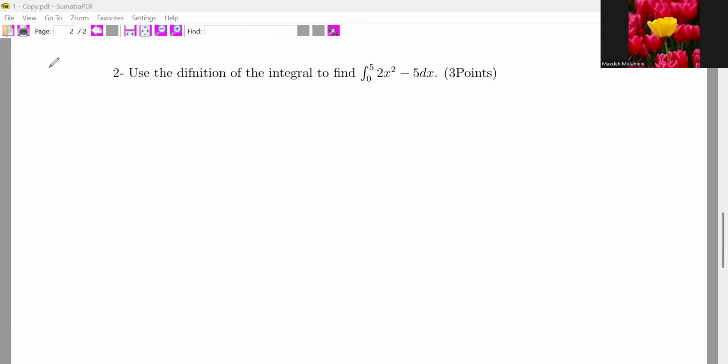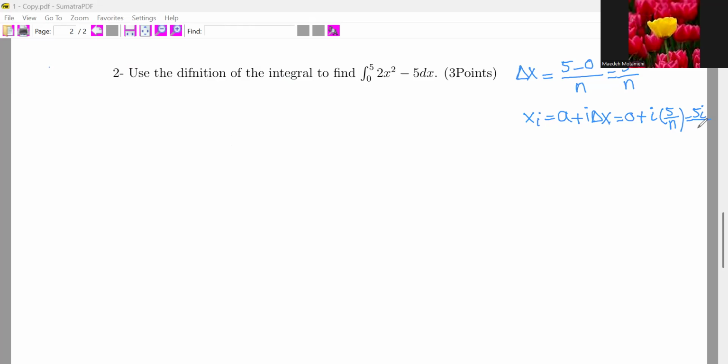accurate. So according to the definition, we again need delta x, but the difference is for the previous one, we had 5 minus 0 over n, which was 5, but in here we don't have any specific n, so we would consider n as a general number. It will be 5 over n. And x sub i, as before, is the first one plus multiples of delta x. First one is 0, i is just i, and delta x is 5 over n. Altogether, we would have 5i